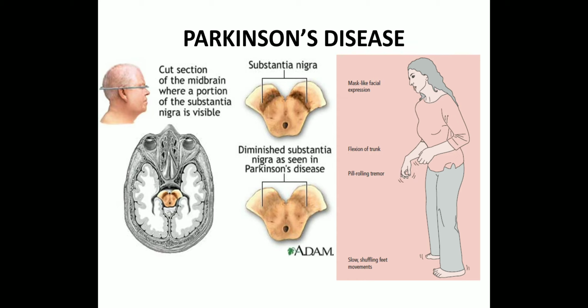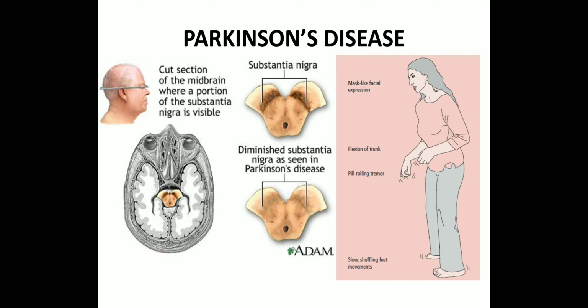Then in their hands, if you notice, they will have a tremor, like a pill rolling tremor, the fingers moving as if rolling. Their steps will be very slow and shuffled. Their gait is known as Festinating gait, or short shuffling movements. Why this? All these features are due to the defect or